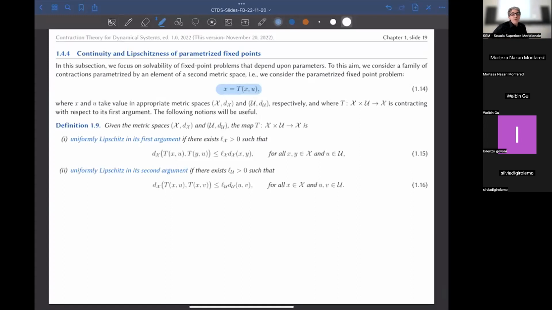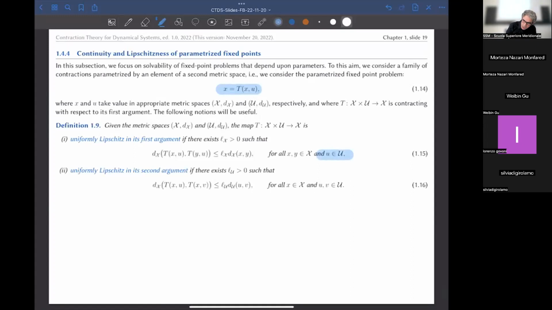So what can you say about this parameterized fixed point problem? What can you hope to say? Well, if you give me U sub 1, I hope to find an equilibrium, a fixed point. I call it equilibrium because sometimes I think of this as a dynamical system problem. You give me U1, I hope that X1 exists. Then you give me U2, I hope that X2 exists. So my problem is well posed if no matter what U is,